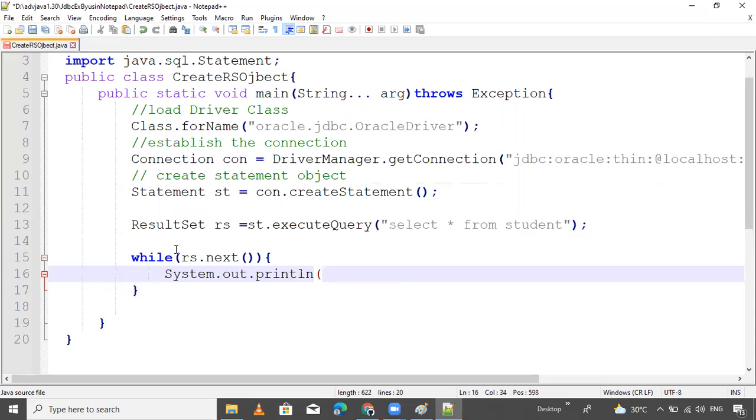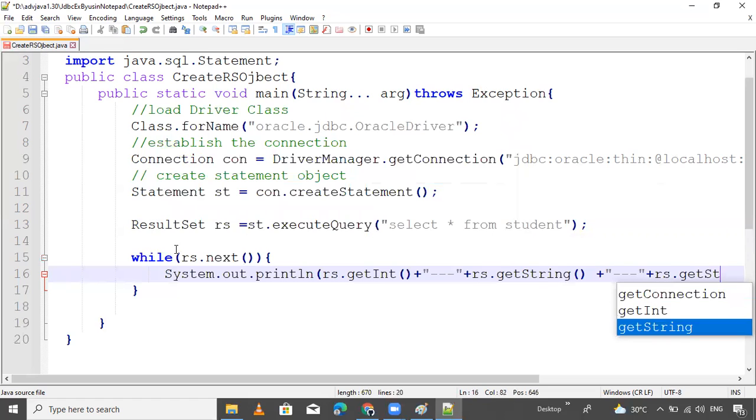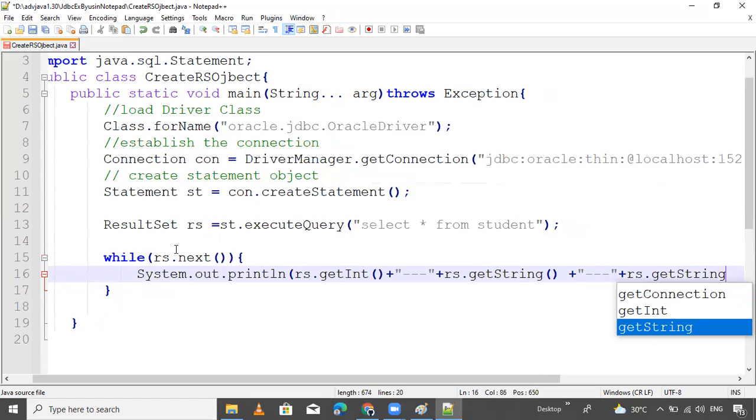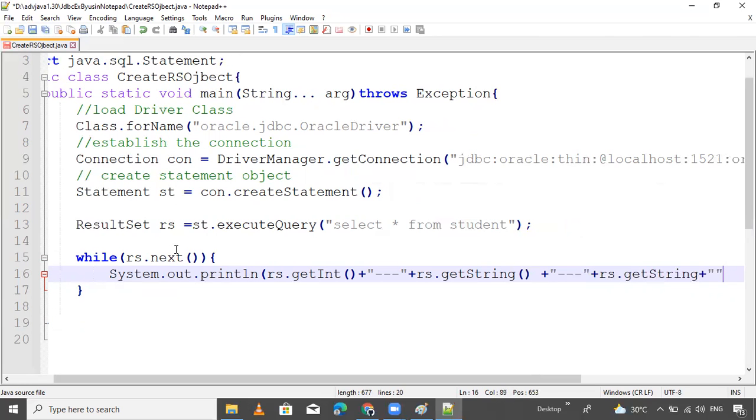println. So rs dot getInt, first is the SID number, plus some spaces, plus rs dot getString as student name. Student name is a string type, that's why. And spaces plus rs dot getString. These are the getter methods.